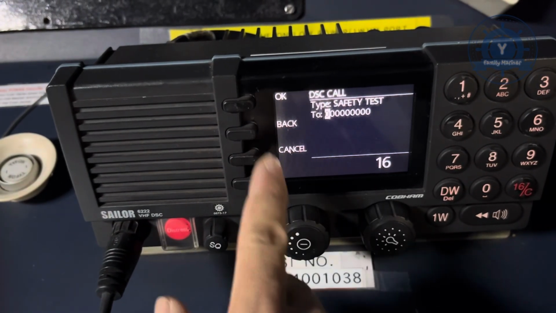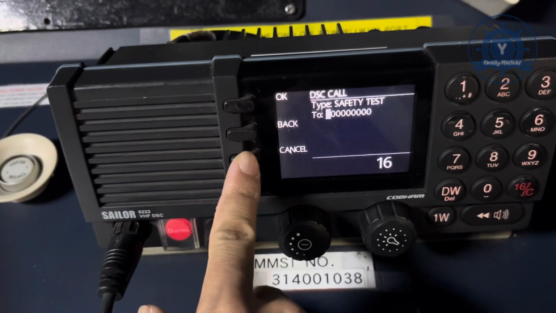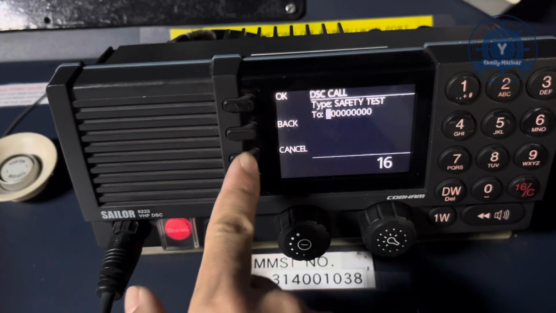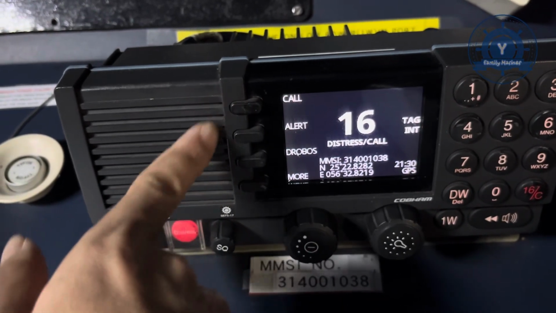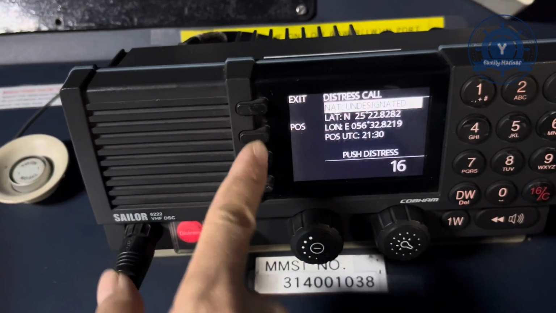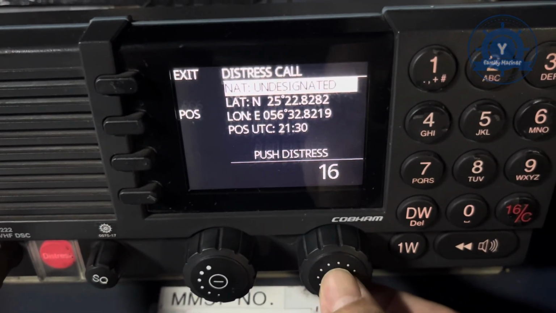Test for daily test, and back. Or if you don't want to test, cancel. Exit. Test for the first pattern, and test alert. Test alert for distress call. This distress call you can choose, press